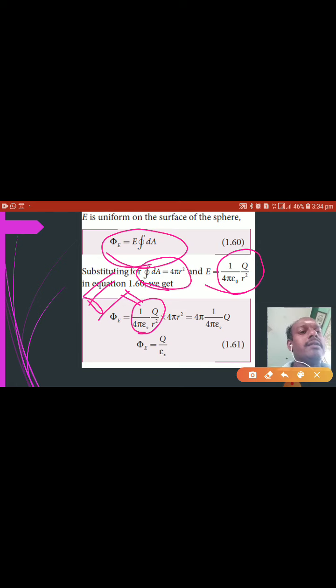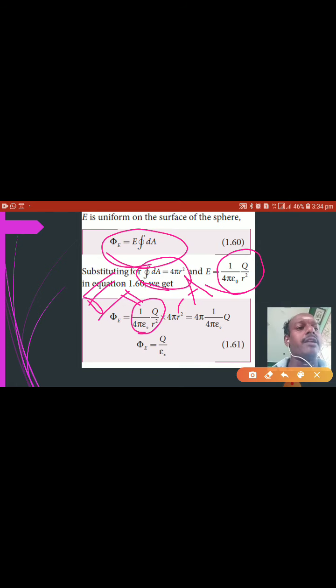So phi will be equal to E dA. So what is its meaning? The electric flux is a scalar product, and when the vectors are parallel, I will get the maximum value. And so by considering the overall, I can write phi E is equal to the integral of E dot dA, and when I consider a spherical surface, A is equal to 4 pi r squared and E is equal to q by 4 pi epsilon naught r squared. I substitute for E, q by 4 pi epsilon naught r squared, and this is A.